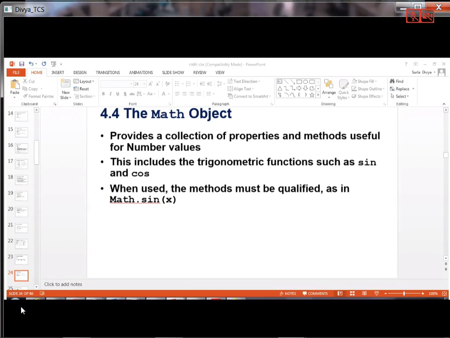So this provides a collection of properties and methods useful for number values. With the help of this math object, we can perform some mathematical tasks on numbers. For example, if we write